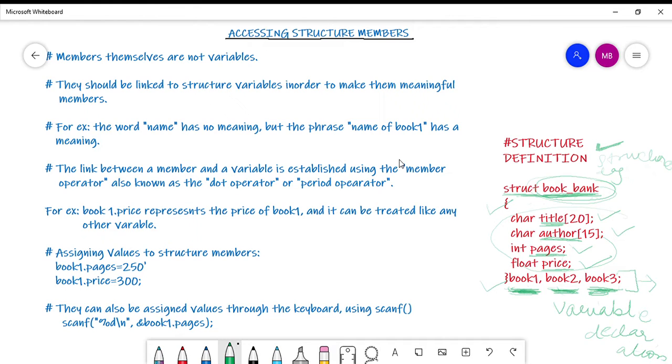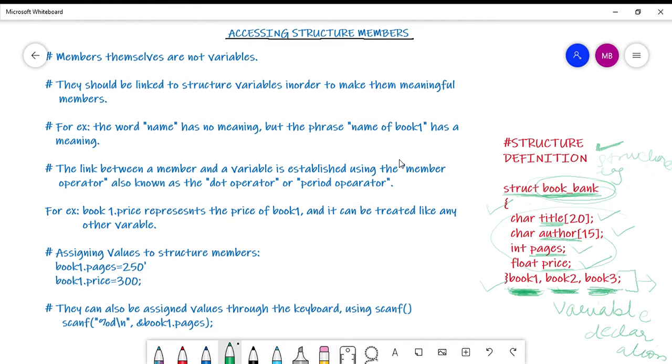Now, how will you access these three variables? Suppose you want to find out the price of book 1, you want to find out the author of book 1, you want to find out the pages of book 1, or you want to find out the title of book 1. Or you want to give a title to book 1, or you want to give an author to book 1, or you want to store the pages for book 1, or you want to store the price for book 1.